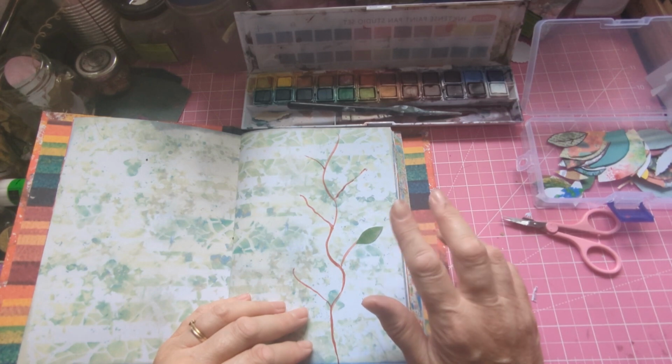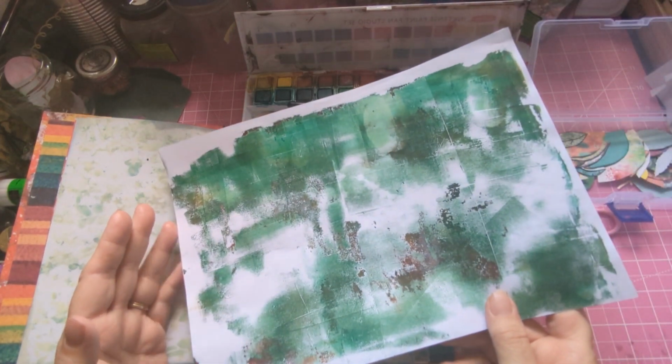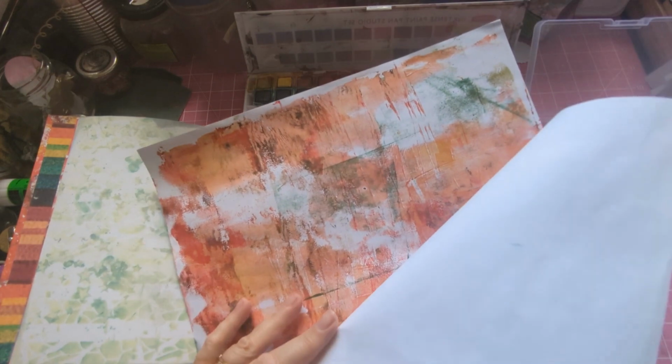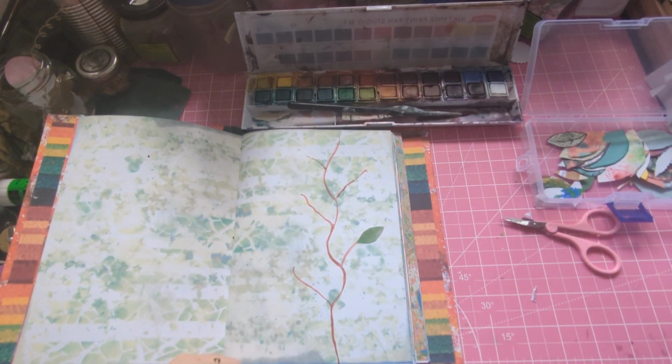Photocopied, not photocopied, scanned prints. Not scanned. That's a gel press and things like that. I like that one. That's a sort of second gel, things like that. I mean, it doesn't matter what you can use. You can use flowered paper,